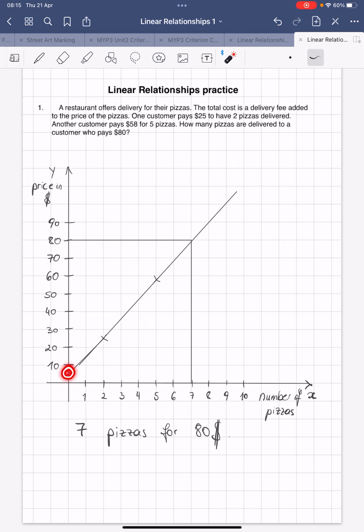So these $5 here, and I hope you guessed this right, would be the delivery fee. That's the fee that they pay for delivery, which is added on to all the other numbers as well. Okay, so this is that first question done, and I'm going to